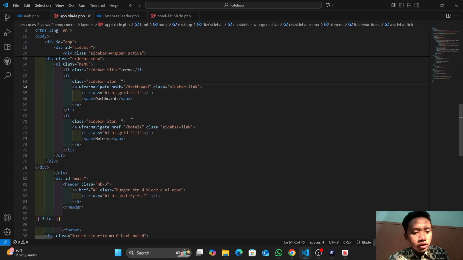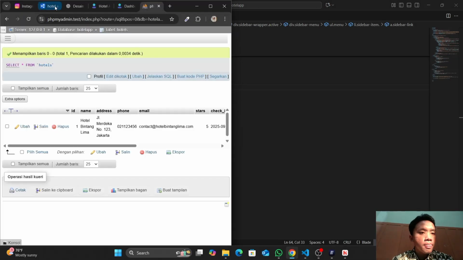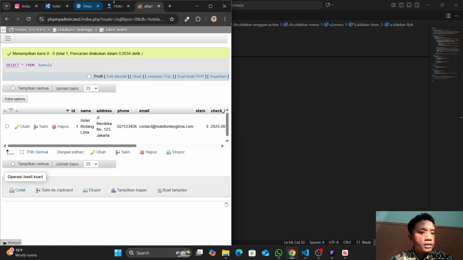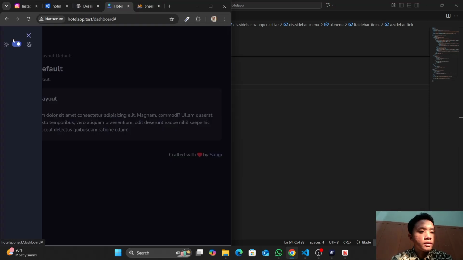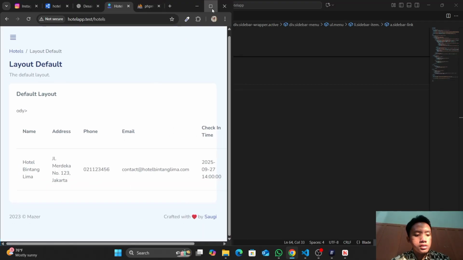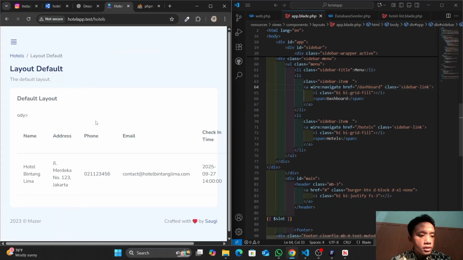What's more? Navigate. Oh yeah, don't forget to use wire:navigate in every menu of the sidebar so the requests to the server are not too many, because too many requests make the server heavier.